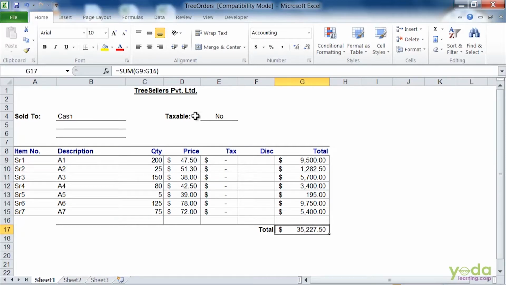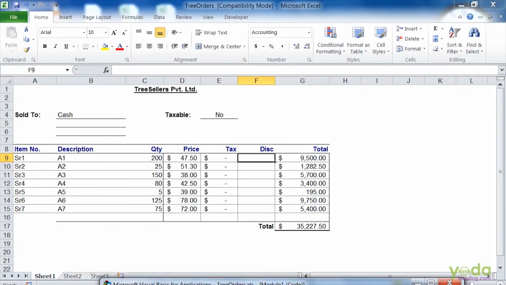Using the sum function I have calculated the total of all the products, and now I want to find out the discount as 10% of the product of the quantity and the price of each product. Since I don't have a function in Excel which can give me the discount calculation, I need to create one for myself in VBA.